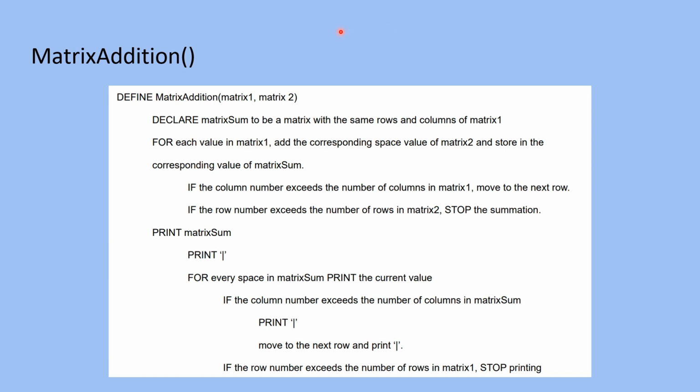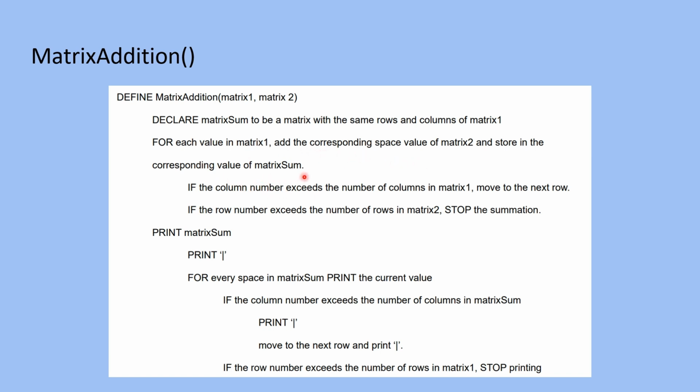In the matrix addition definition, I will define matrix addition to accept matrix 1 and matrix 2 as two arguments to the function. I'll declare matrix sum to be a matrix with the same rows and columns of matrix 1. For each value in matrix 1, I'll add the corresponding value of matrix 2 and store it in the corresponding